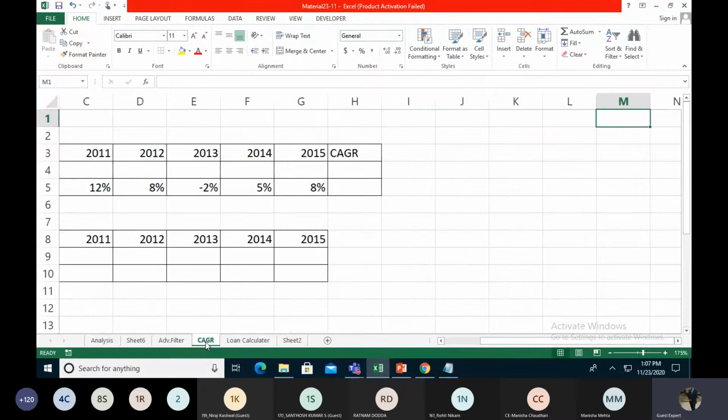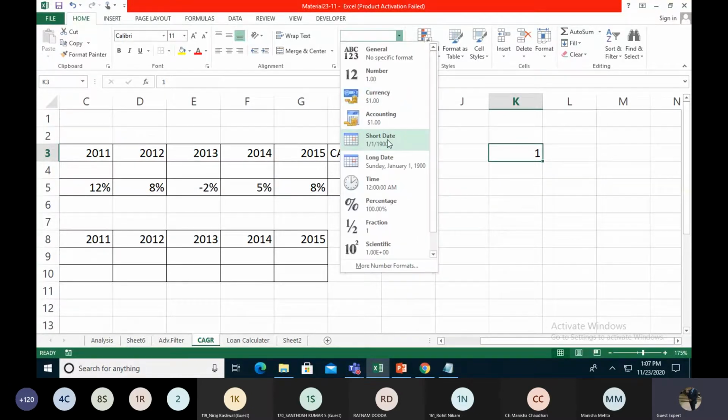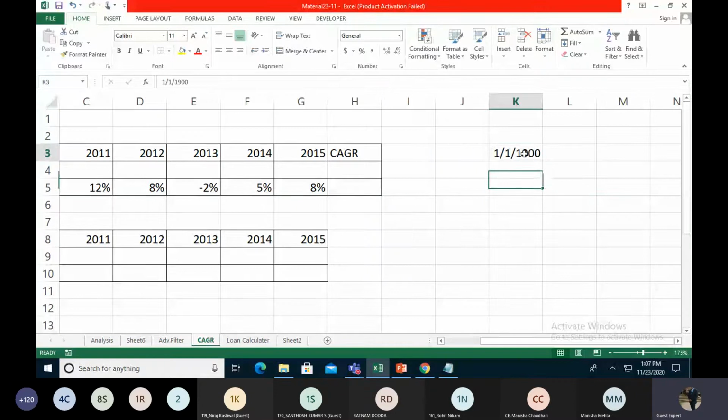But I am going to show you one thing over here. In Excel, there are some bugs right now. Right now I am putting 1 over years and making it a date, as a short date. So there is 1/1/1900. That is the initial date in Excel. Before 1900, dates do not work. So for a company that is 300 or 400 years old, we can't take their old data. The previous date before 1900 we are not using. That is the initial date; Excel starts from this date.